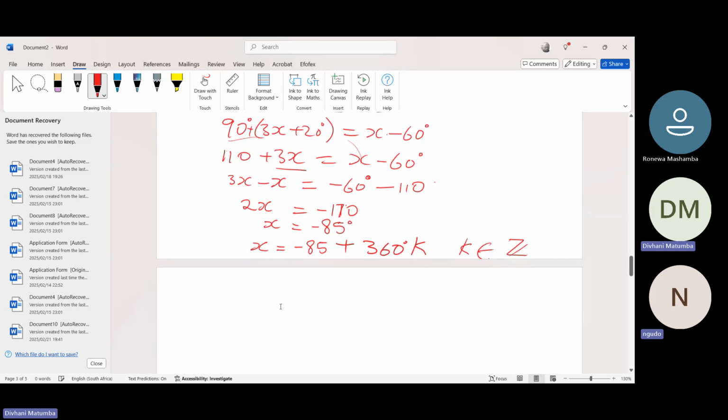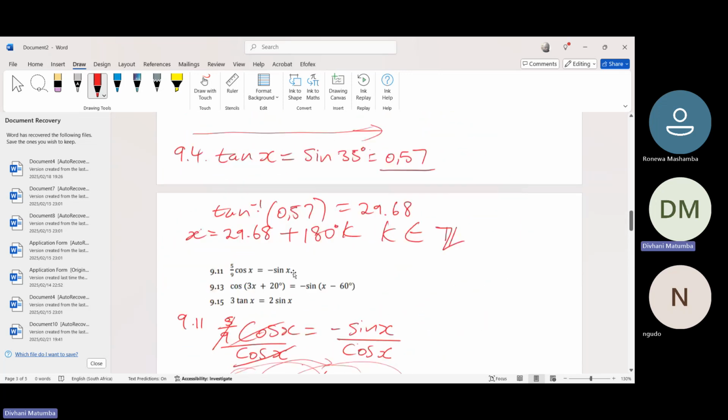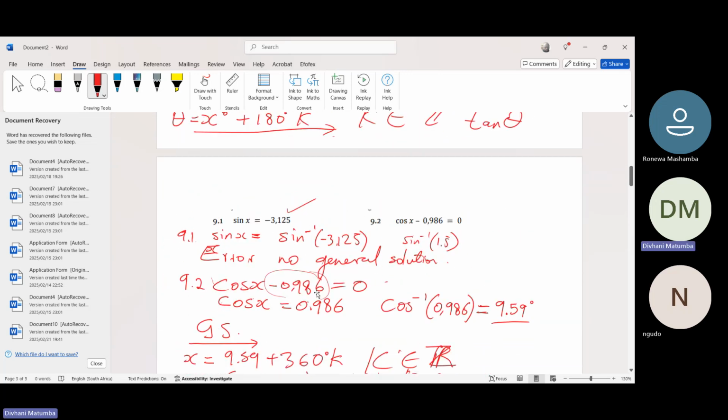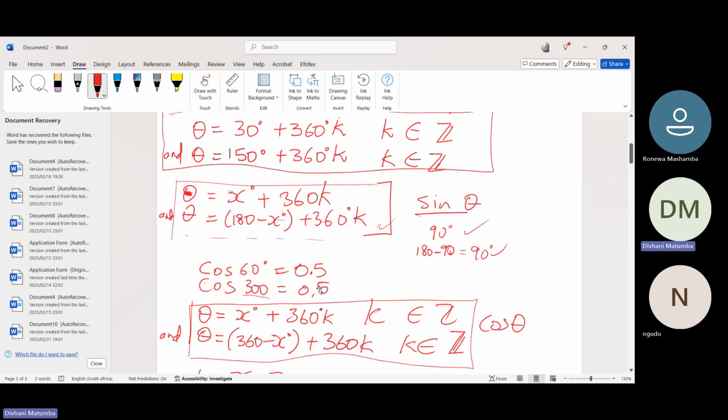And the second equation will be, do you still remember? Or should I go back? Let me go back. The second equation will be